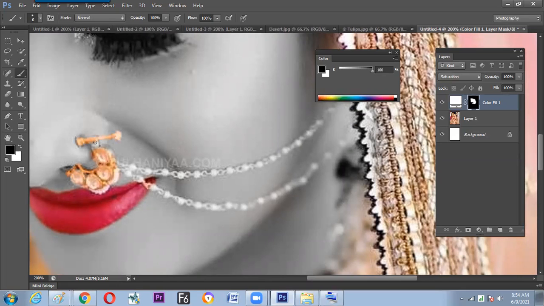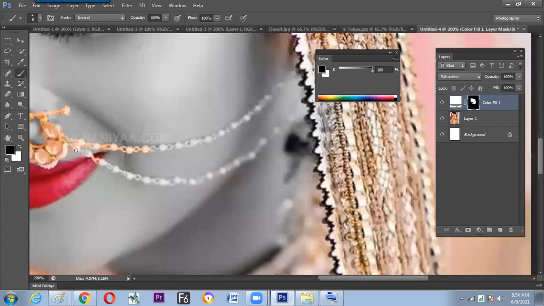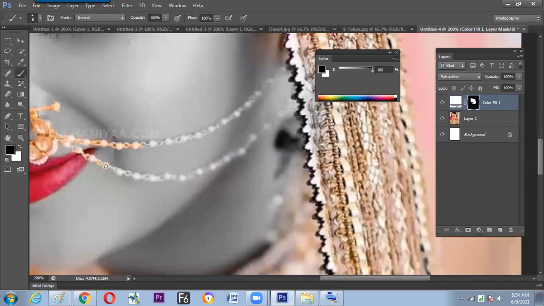You need to paint on pixels, so we can understand the hecticness of the job. It is a time-taking process, and these kinds of jobs are paid high because they take more time. Technically you should be strong, as well as have the patience to paint each and every part.